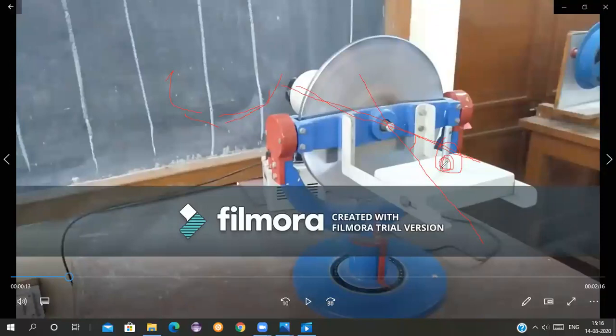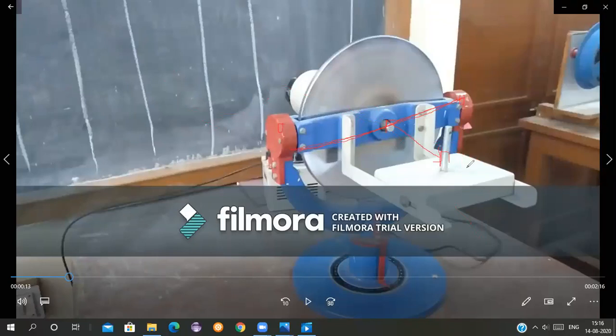Whatever mass is added here, multiplied by this distance. This distance here, see here, whatever mass we add here, that multiplied by this distance. The distance at which the rotor is attached, so there will be a moment created here, isn't it? The frame is attached here, so this will rotate about this point only, this line only. Because of this we are taking this distance, the weight multiplied by this distance.